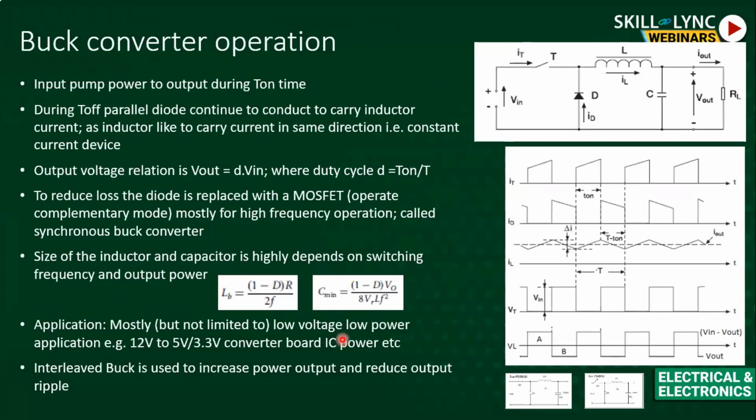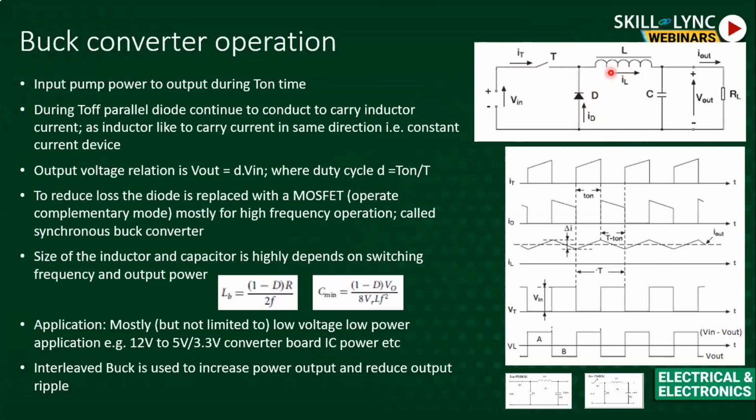The similar thing, whatever I showed, just there is a switch which is in series with the input voltage. In parallel there is a diode, and then there is an inductor in series, and then in parallel the capacitor and a load. So what will happen when the switch is on? The current will be supplied from V in through the inductor and the load. And when the switch turns off, the inductor current will try to continue to flow through this freewheeling diode.